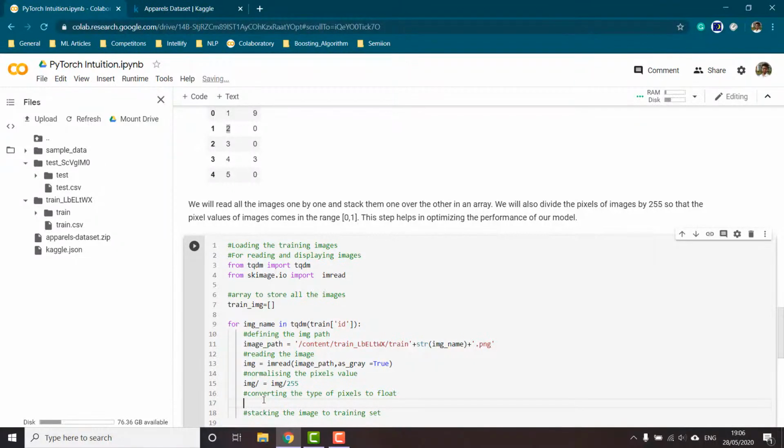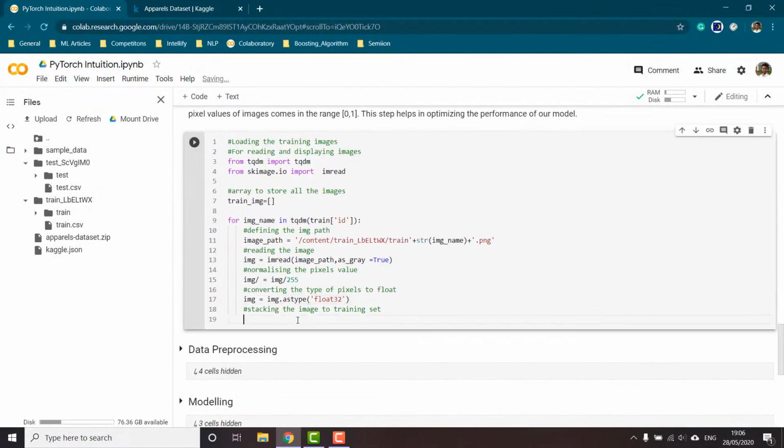Next I am going to convert the type of pixels to float. Then I am going to stack the image to the training set, so I am going to use append. Train image is a list, and I am going to append each image that we have just processed.